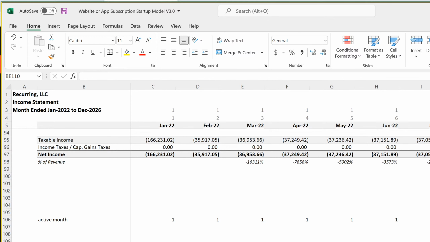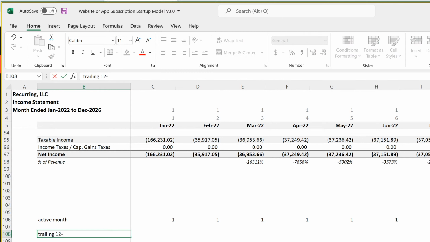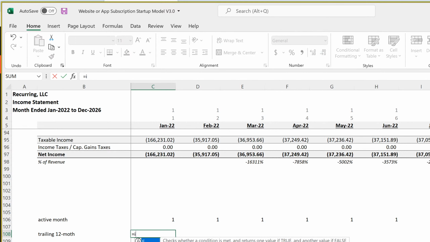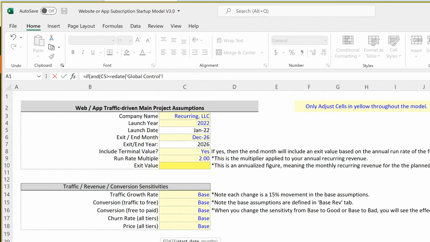And in that case, we only want to say, so trailing 12 month, we want to say if this is greater than or equal to our exit month minus 11 months, comma minus 11. So if it's greater than or equal to that,